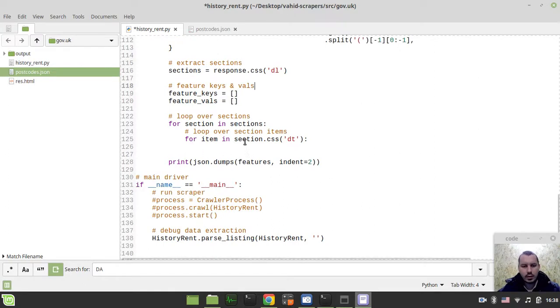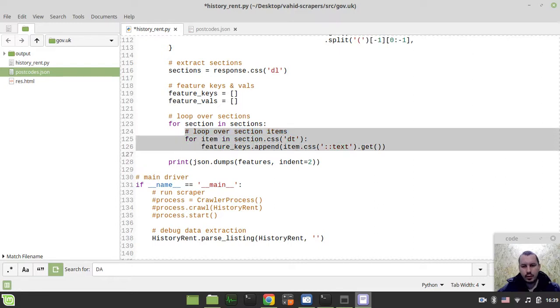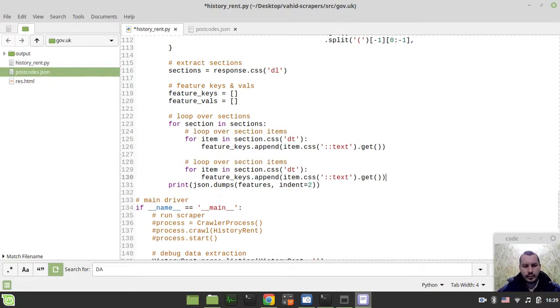So here I can say feature dot keys, feature keys dot append, and item dot css text get, and also I want to loop over item keys, and here over item values, and here it would be dd tag. Okay,